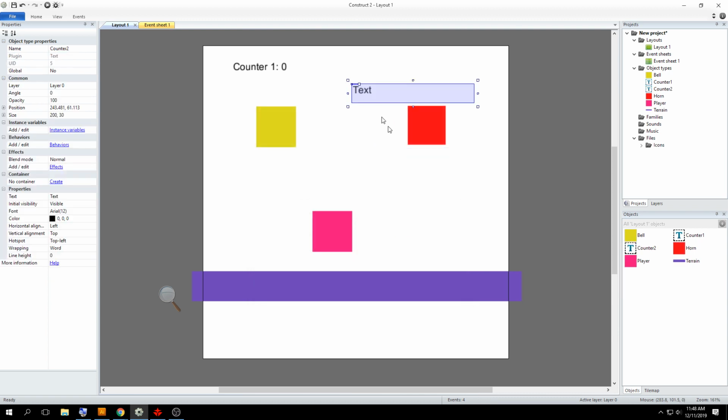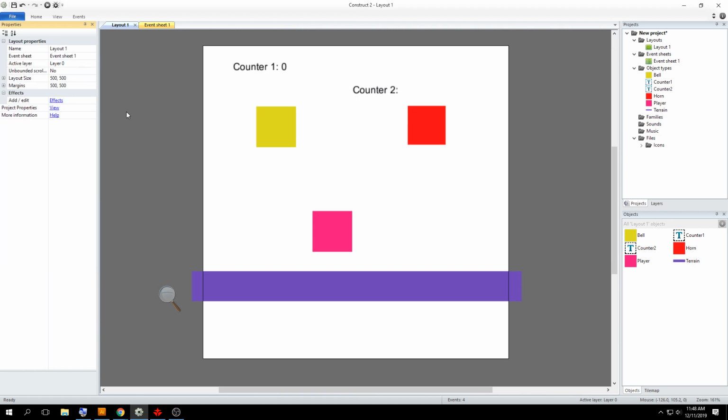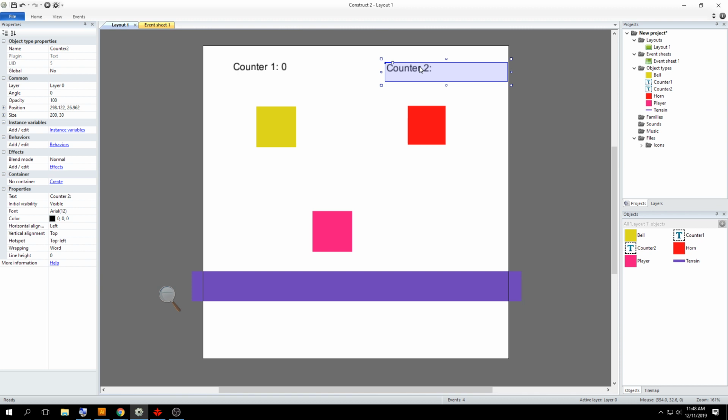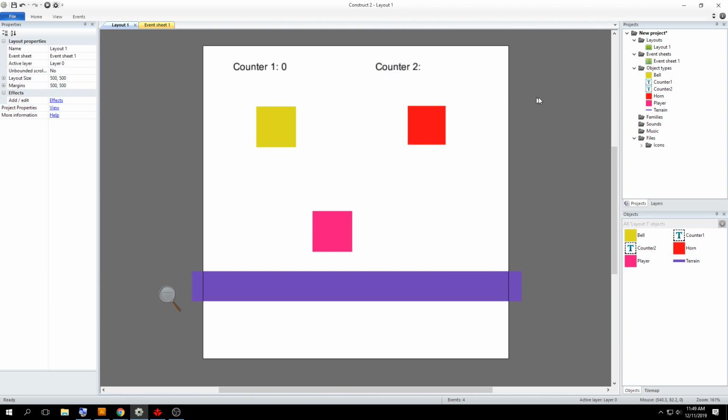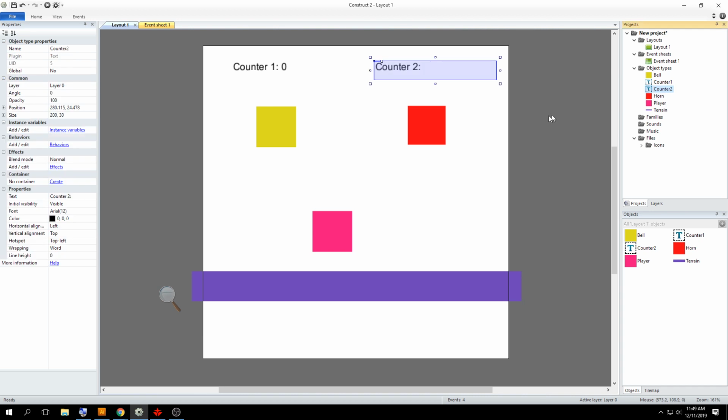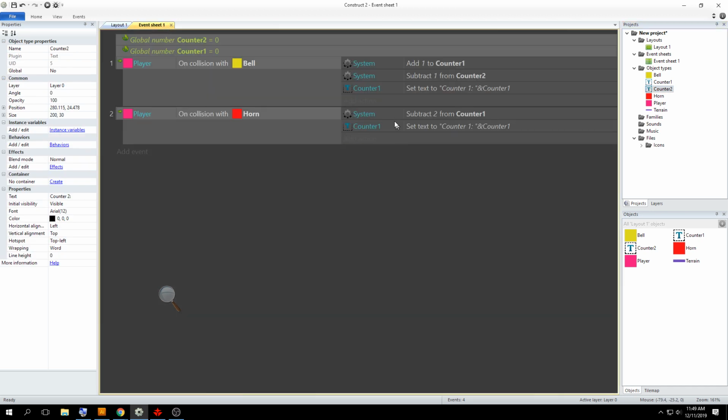I'm going to get a general text field when I single click. And on the left properties, the value for text is text. I'm going to call this the static string, the string that doesn't change. Counter 2, colon, space. Okay? So now I have this. I'll put this here. All right? And now we have an object called counter 2. That's text. And we can go over to the event sheet and say